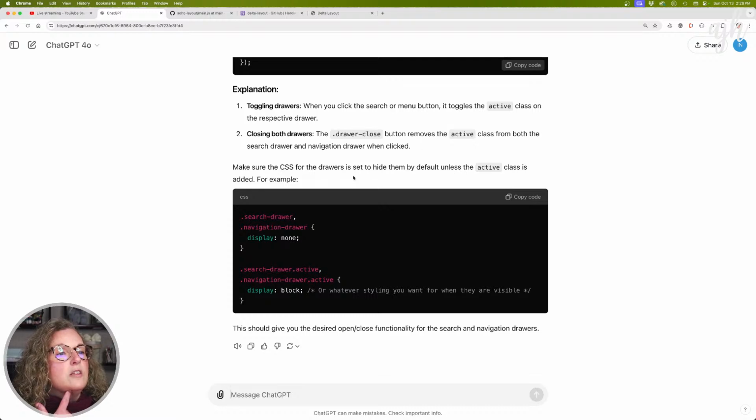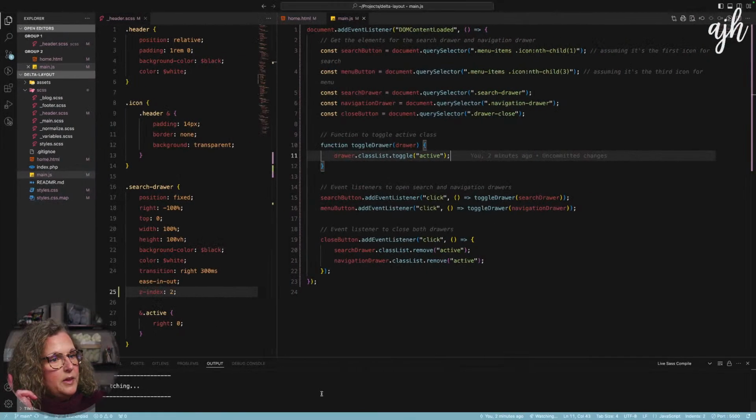Make sure the CSS for the drawers is set to hide them by default unless the active class is added, yeah, I'm already doing this. I also need to toggle the active class. Although, do I need to toggle the active class if I don't think I need to toggle if I have